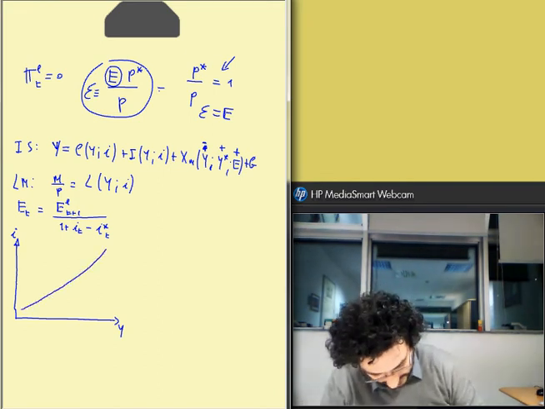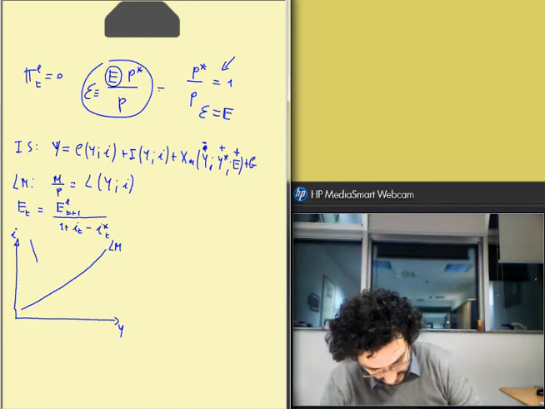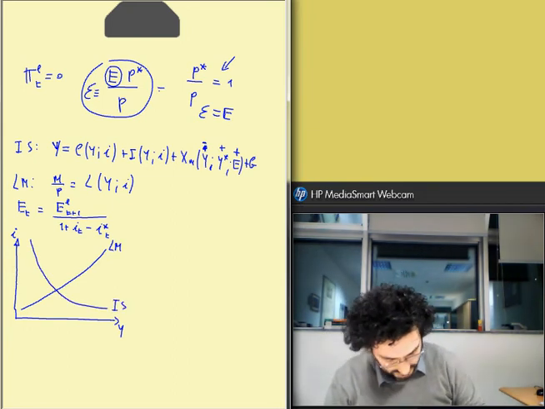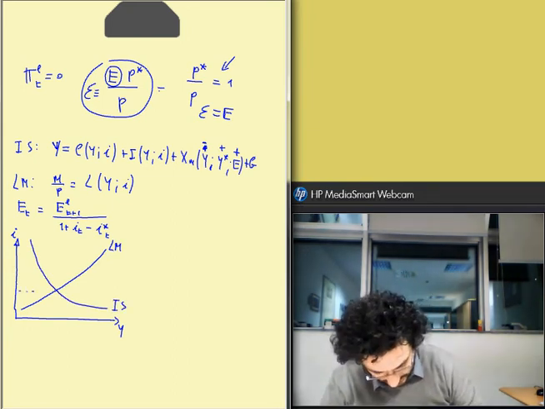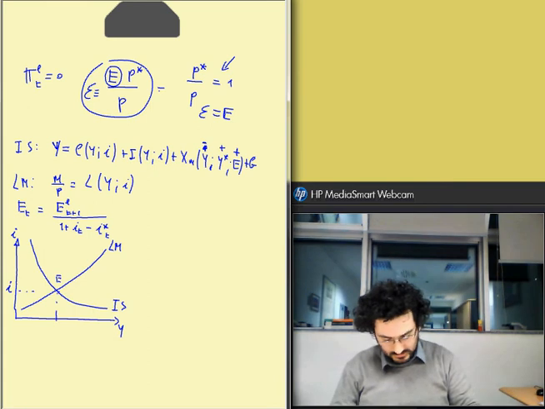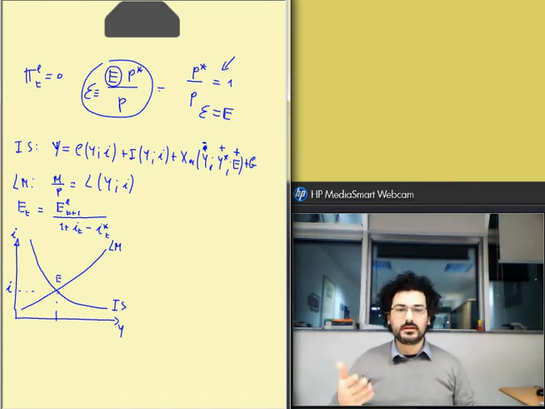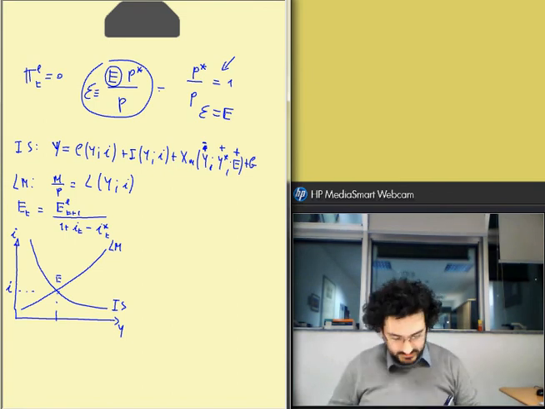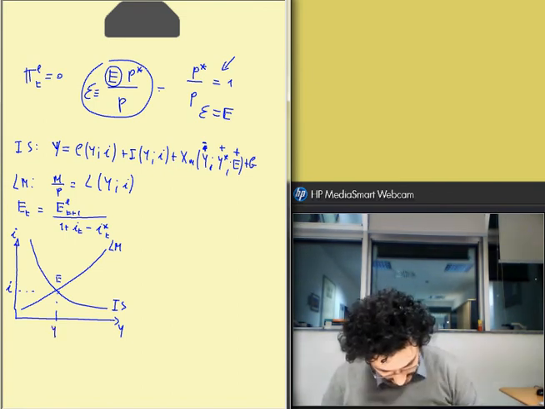This is the LM curve, this is the IS curve, and this is the equilibrium, the interest rate equilibrium between money market and goods market, and this income